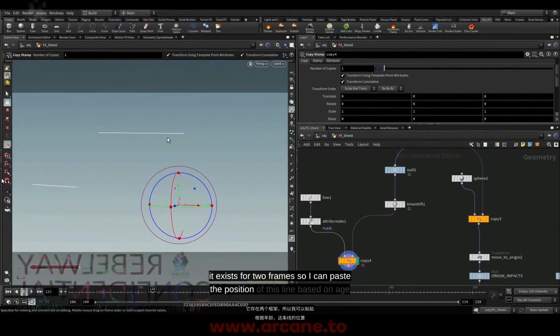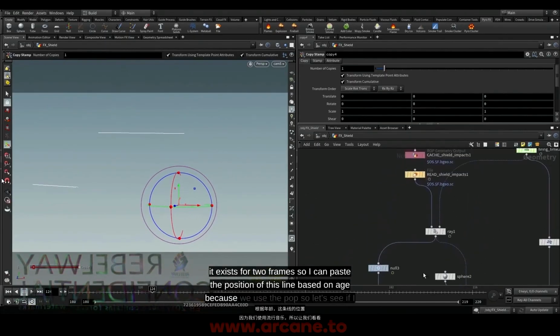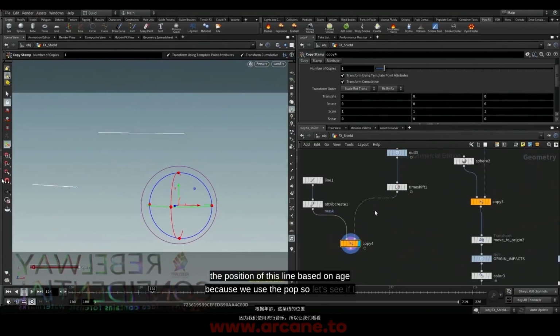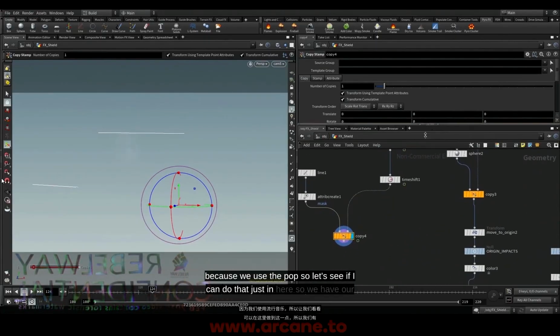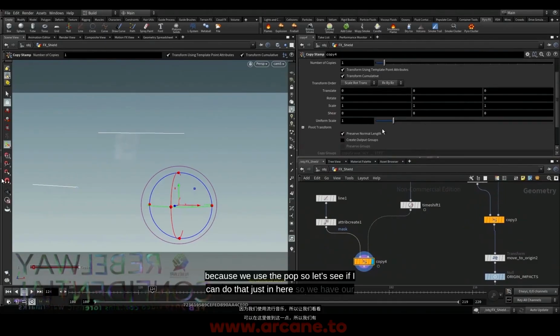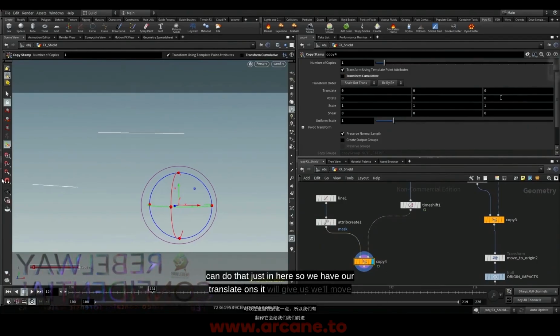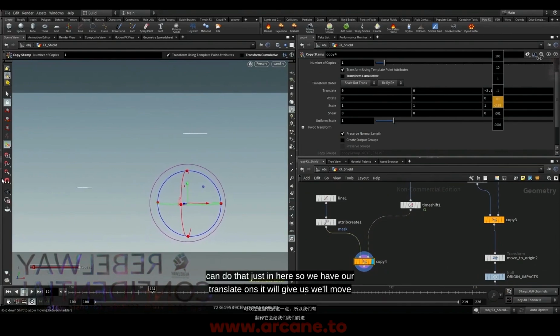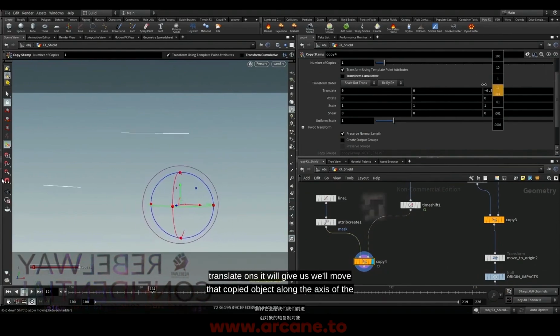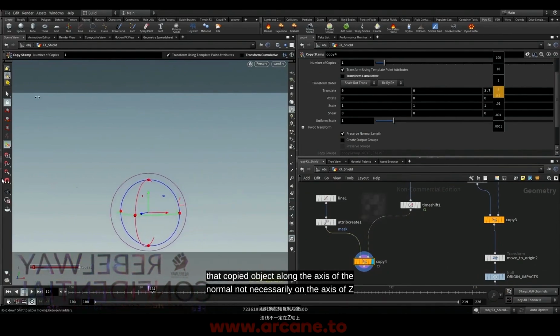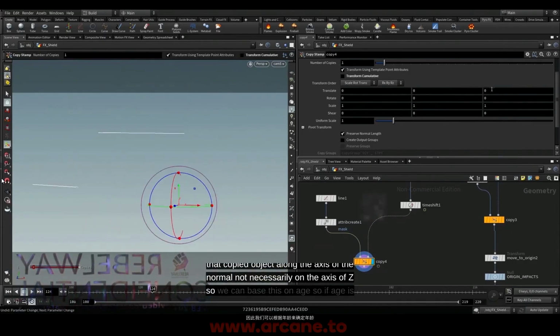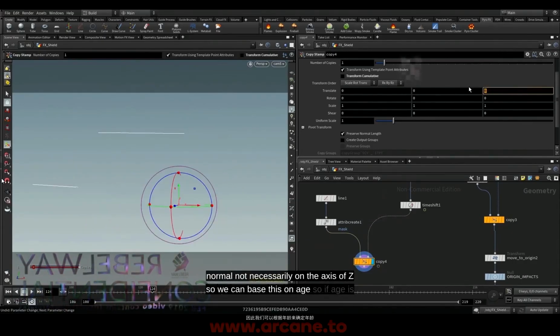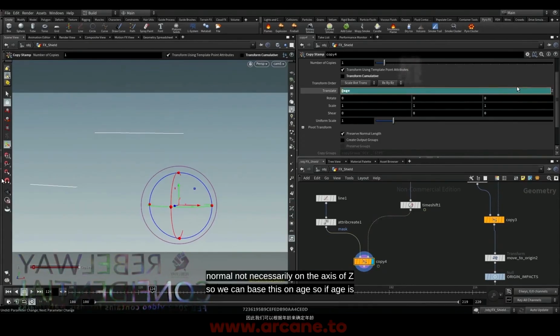So I can base the position of this line on age because we use the pop. Let's see if I can do that just in here. So we have our translate on Z, which will move that copied object along the axis of the normal, not necessarily on the axis of Z. So we can base this on age. So if age is,